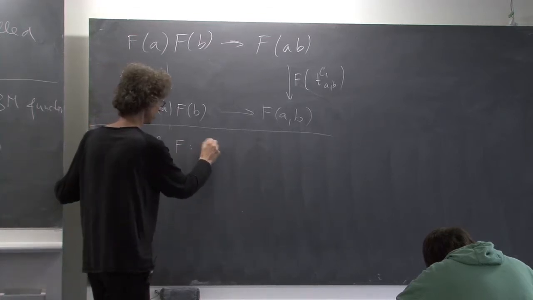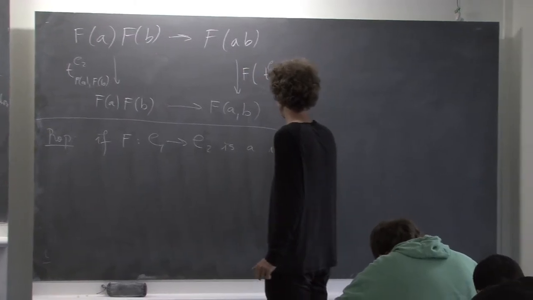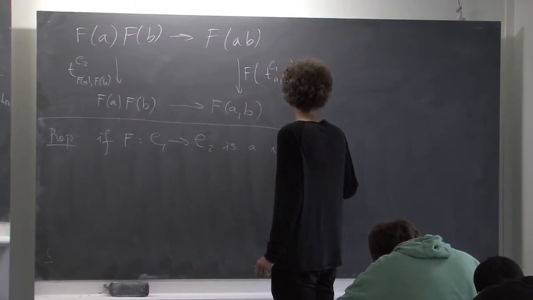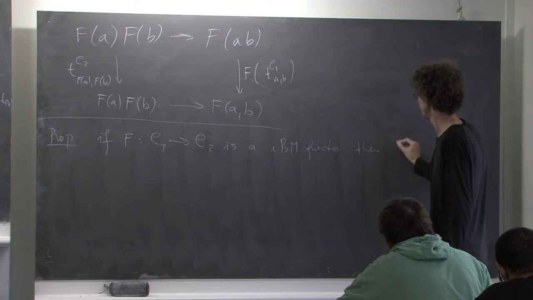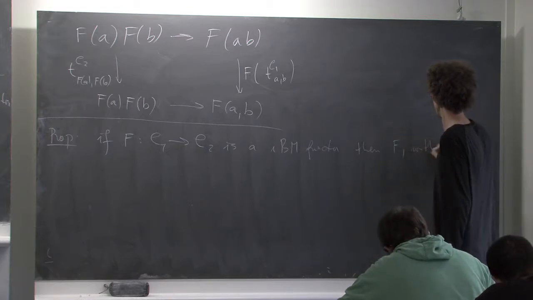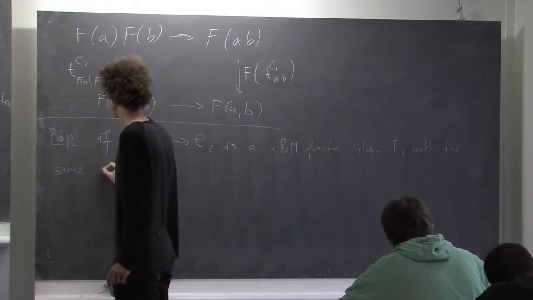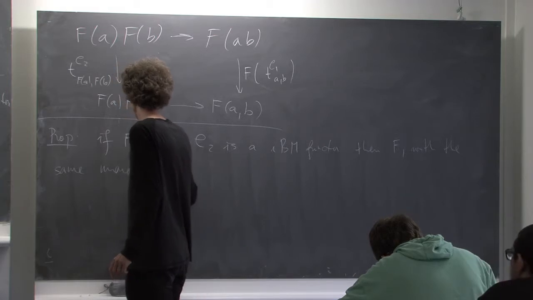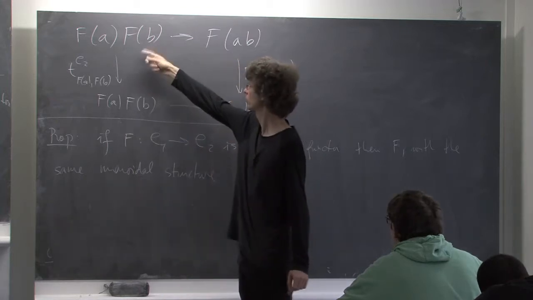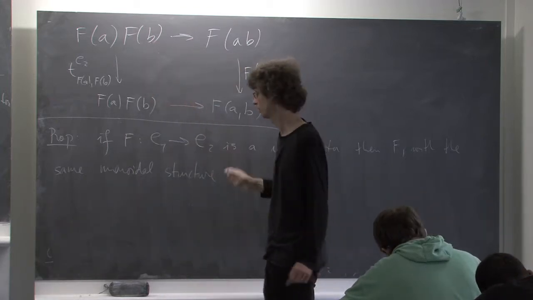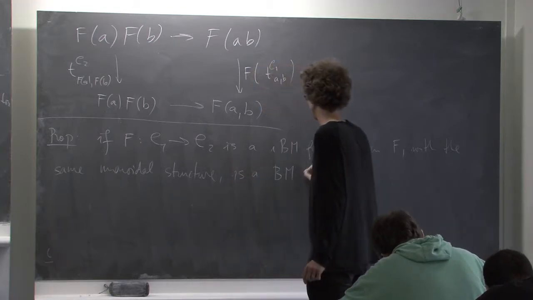If F from C1 to C2 is an infinitesimally braided monoidal functor, then the same F with the same monoidal structure, so with the same morphisms, is a braided monoidal functor